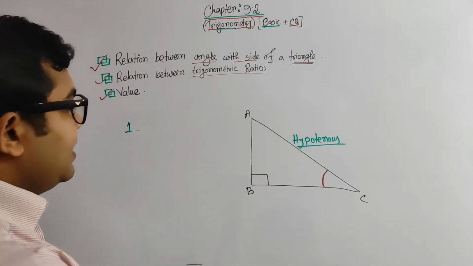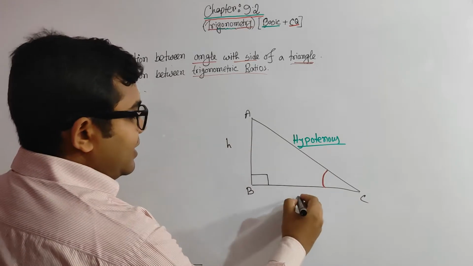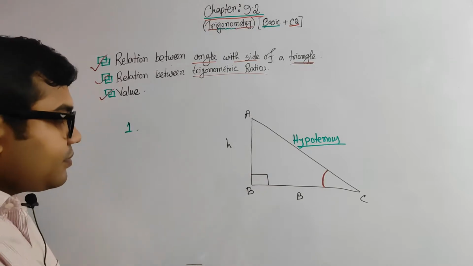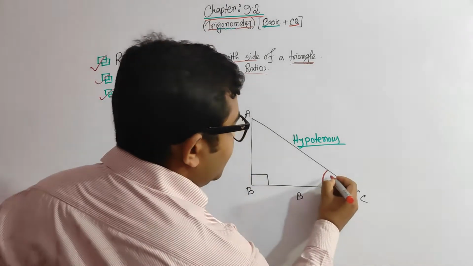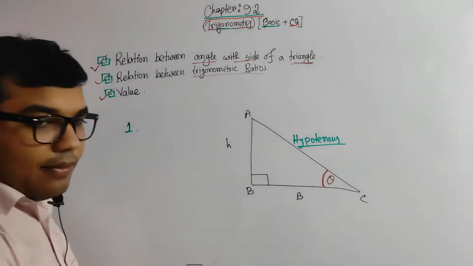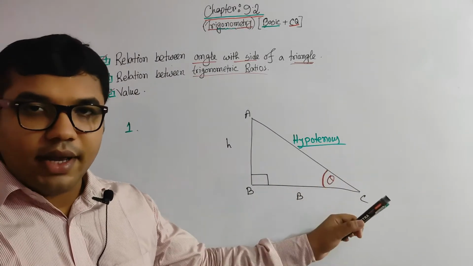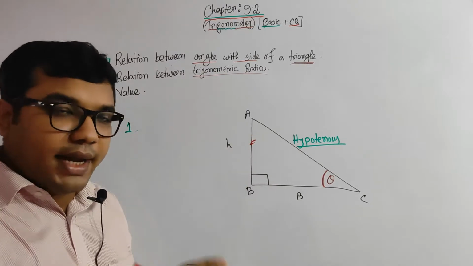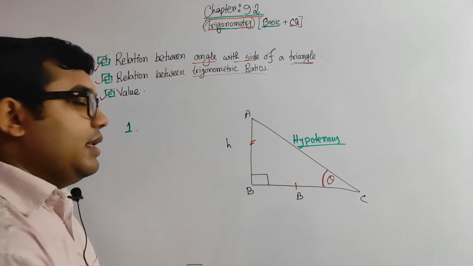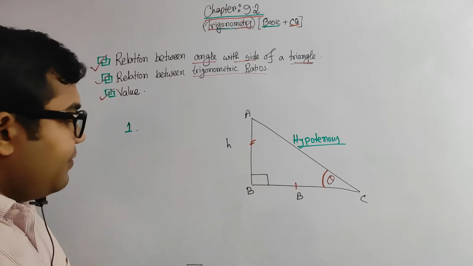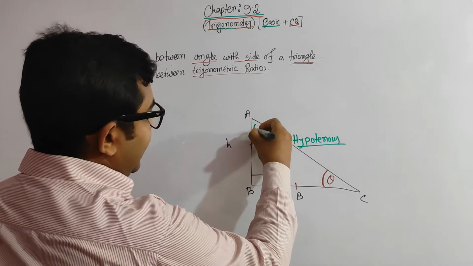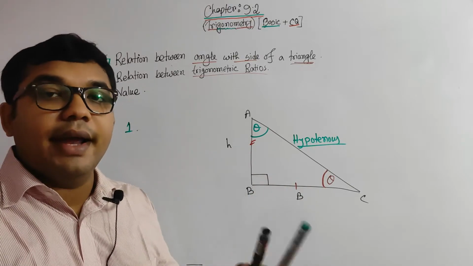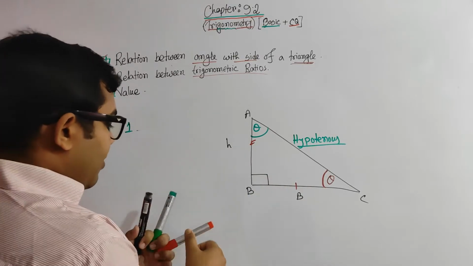Sometimes you call this always the height and this always the base, but this is not the true thing, because this will actually be true only for this angle. If this angle is our required angle, then this side will be the height, and this is the base, and you are right. But in the case of this other angle, at that time we have to change our height and base.